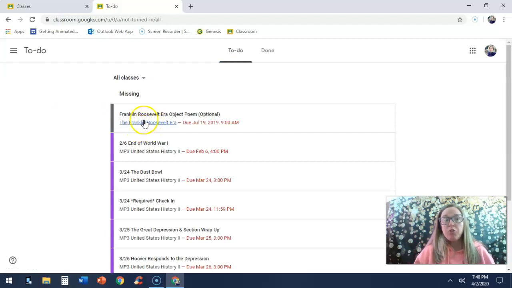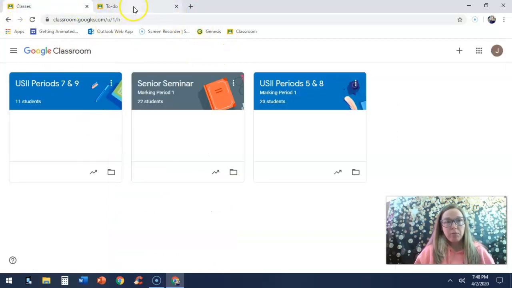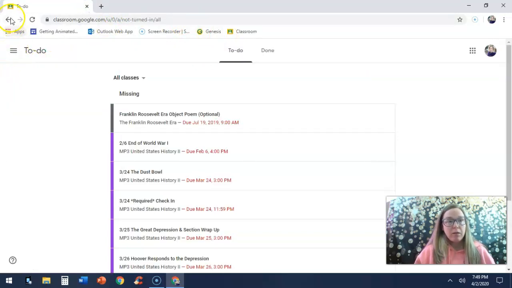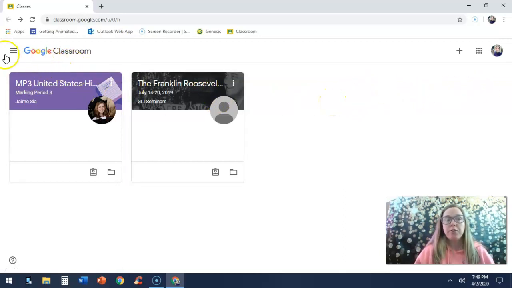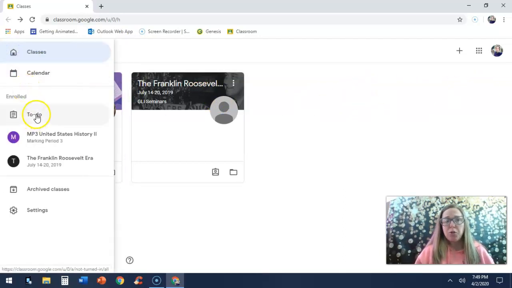So, as you'll see, there's a different color. Okay, if we go back to Google Classroom, you'll see that they're different colors. Hopefully, and it's inevitable that it may not be the case, but hopefully your classes will be different colors. So this class is purple, this class is gray. If I had another class, it might be green or orange. Hopefully they're different colors. Because when you click on to-do,